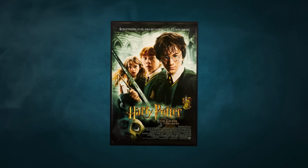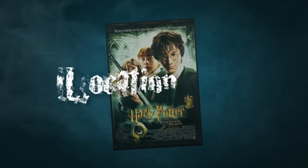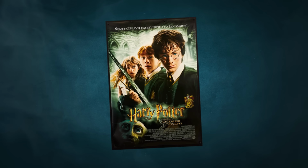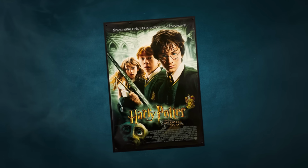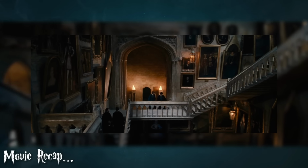Per usual, I'll cover all the changes across the four major categories of characters, timeline, location, and plot. But first, let's recap what happened in the movie's version of these scenes before we dive into the book and all of the changes. Picking up from where we left off last week, we see Ron and Harry walking up